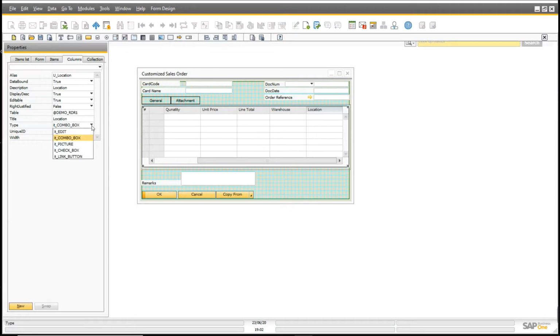By default it is an edit text box, but you can change it to combo box, picture, checkbox, or link button. So these are the 5 options you have to create your matrix column. I have already created that location column as a combo box.